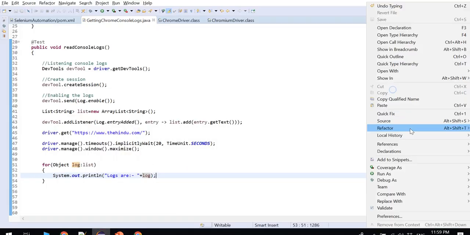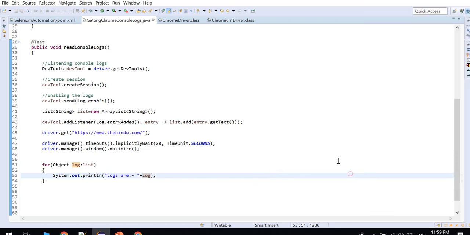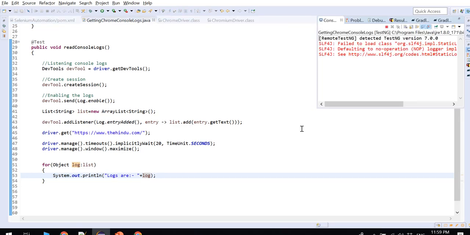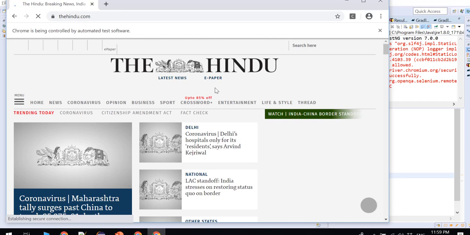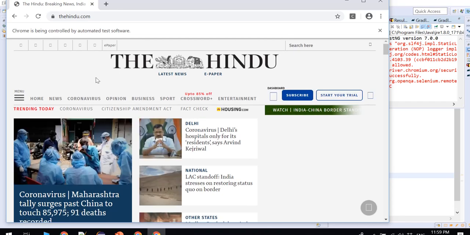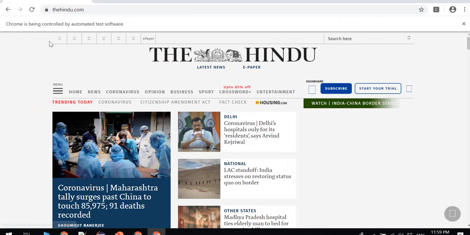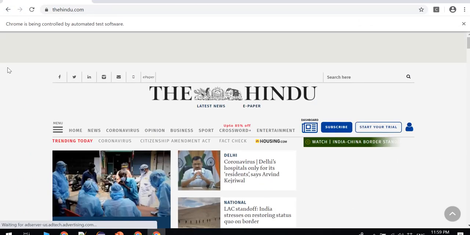Okay, let me go to Eclipse and execute. So the browser is going to launch. Here we can see I am using driver 83, which is automatically taken care of by WebDriverManager. Yes, it is launching and will be maximized. Before launching, the listener started to read all the logs.